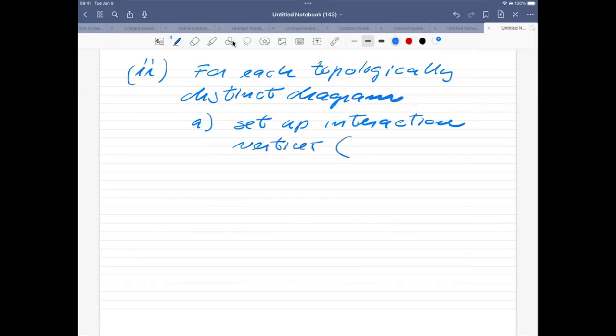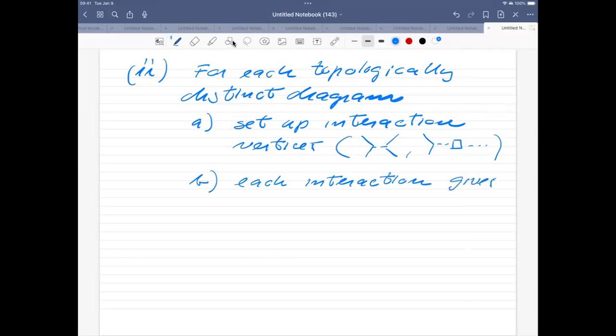And if we're dealing with two-body interactions, they can be given by this type. We can also have a one-body interaction, which is like this, and we can have more complicated interactions. So we would need to set up the interaction vertices, and each of these vertices, each interaction contributes with an analytical expression for an integral,